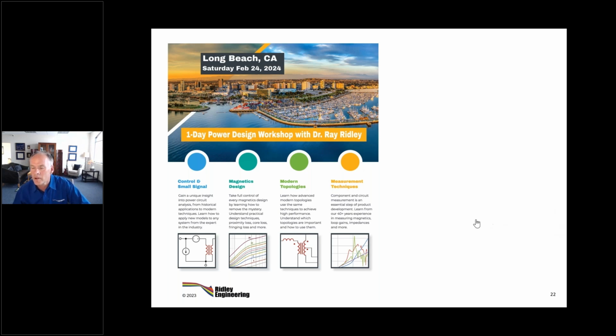Any plans for a workshop in the Detroit area? Well, let's see how California goes. Hopefully there's going to be a lot of people around California at that time, and that works out well. And then we are considering taking this elsewhere around the world. Detroit, I'm not sure. We'll see. Parameters extracted from measurements, that's automated in our software.